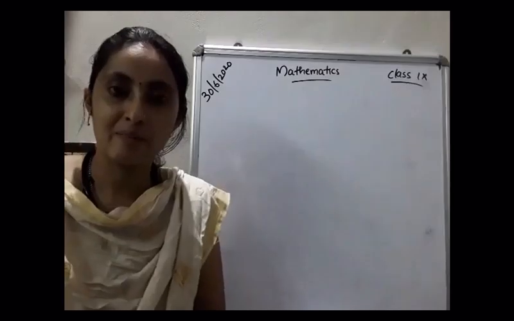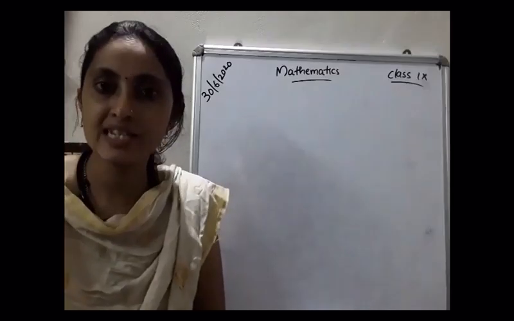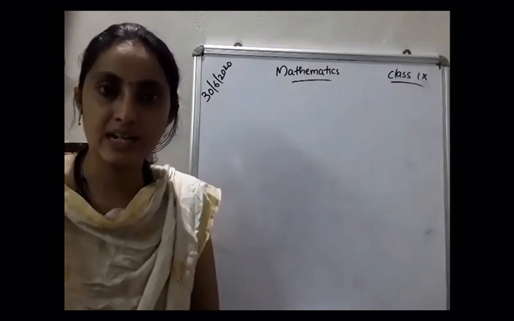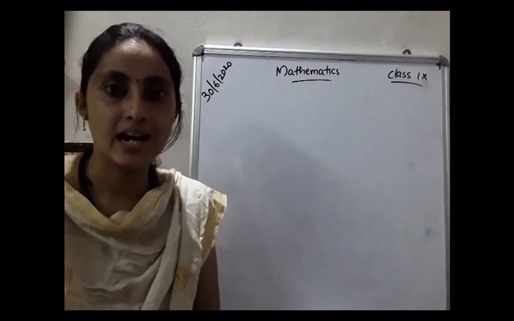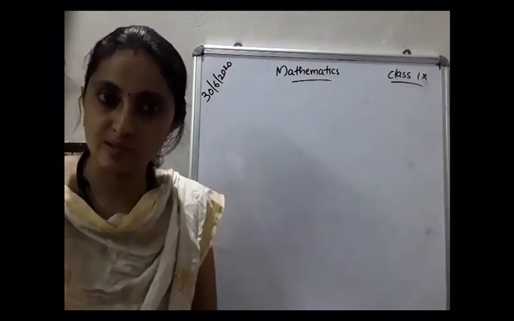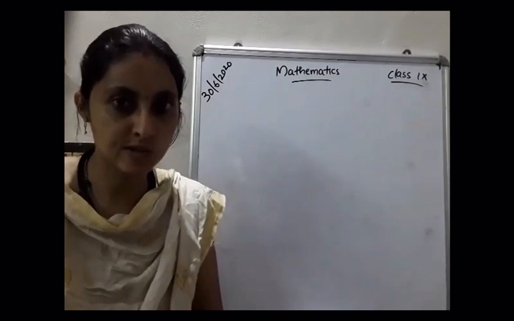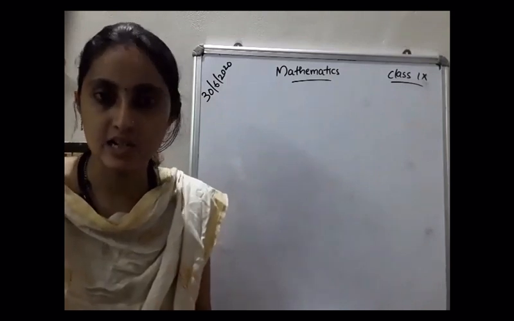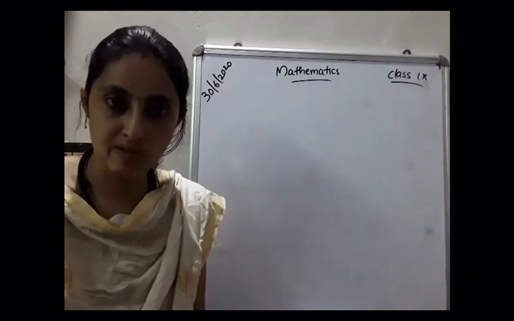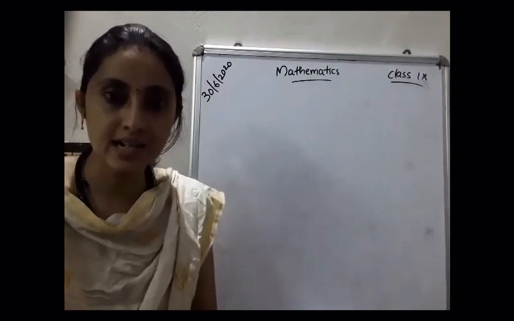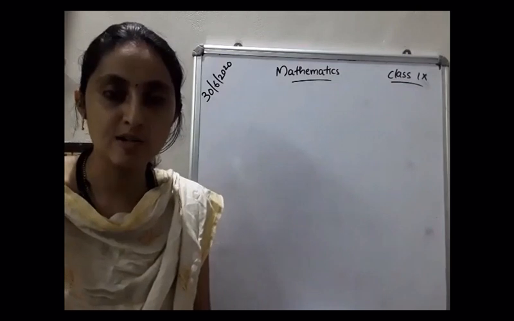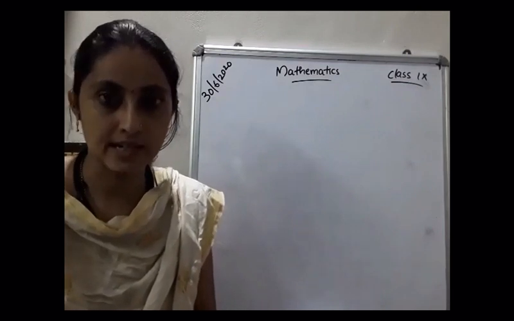We are completing the end of this first chapter, the last portion, that is the additional questions based on laws of exponents. This class consists of two sections. The first one is the additional problems based on laws of exponents, and the second one is the construction part. You have to go through the two videos correctly.